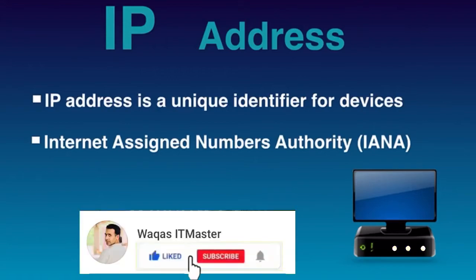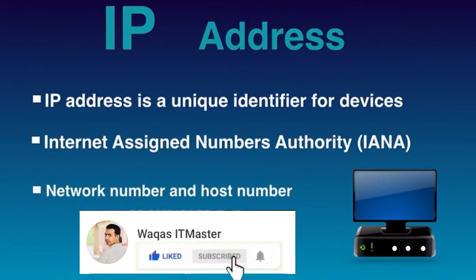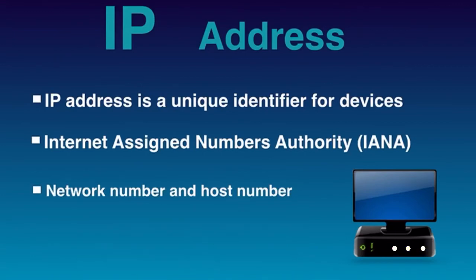An IP address comprises two major parts: network number and host number. The network number identifies a network and is assigned by the Internet, while the host number identifies a host on the network and is assigned by a network admin. IP is only responsible for delivering the packets, and TCP helps to put them back in the right order. There are two types of Internet Protocol: IP version 4 and IP version 6.